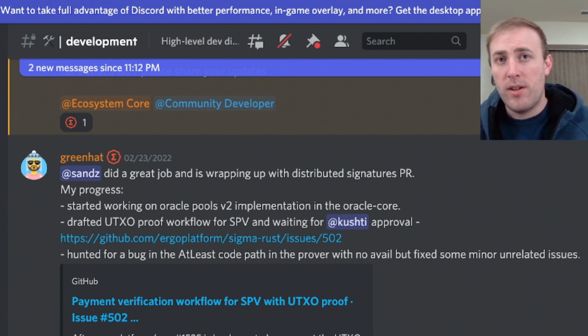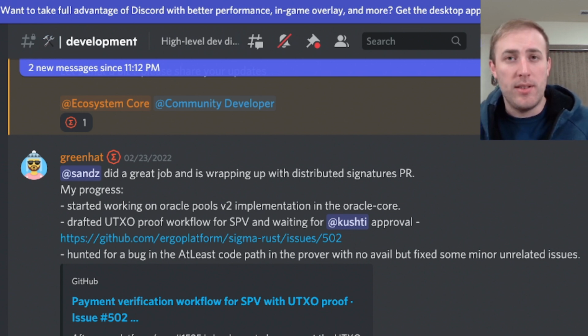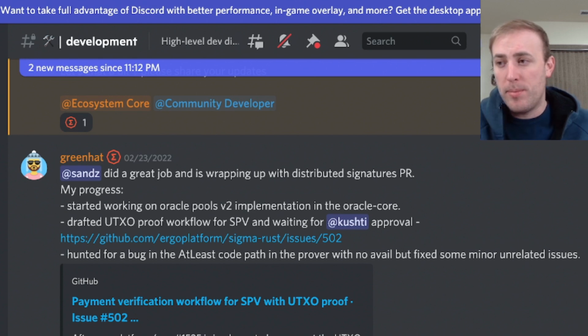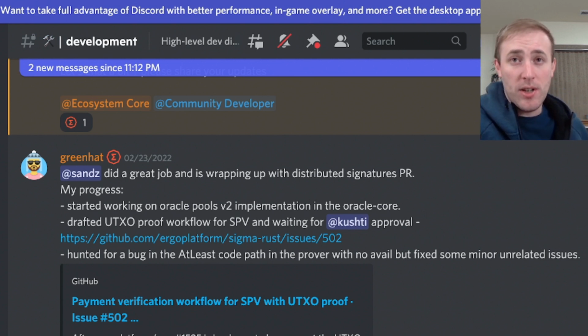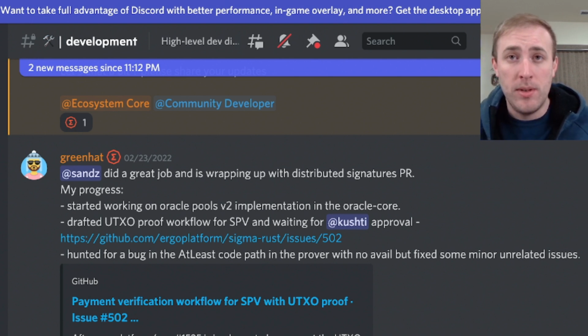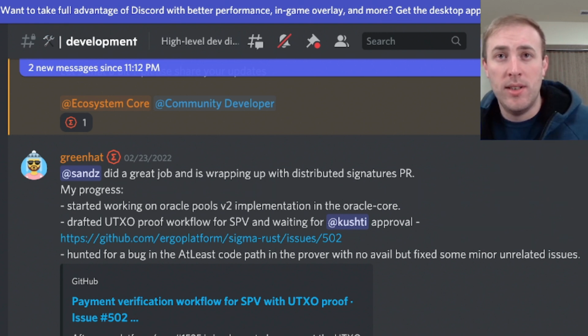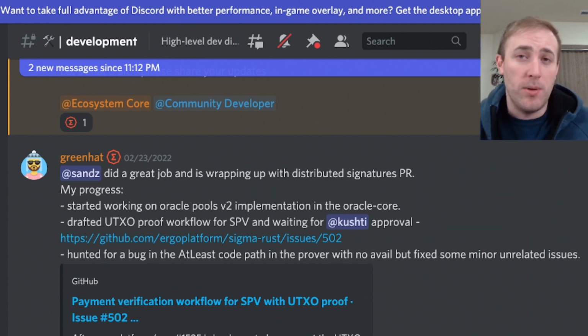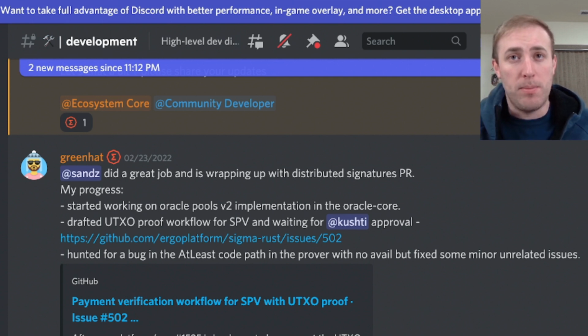Now, they did a very good job integrating their build into the mixer. And what that does is allows people to disrupt the flow of funds on the blockchain and then withdraw without disclosing who the ultimate receiving address is. That's a pretty powerful privacy tool. And as the mixer becomes more standardized and integrated into different wallets and applications, that's going to be a powerful